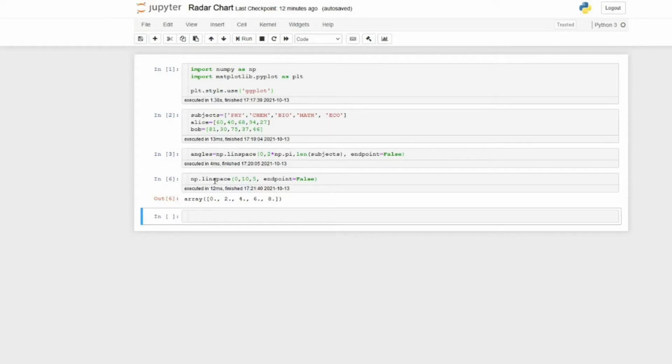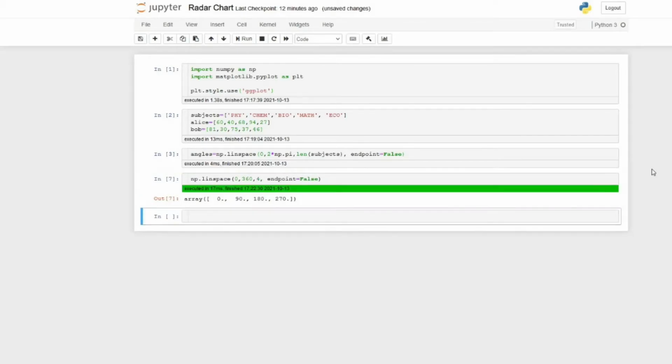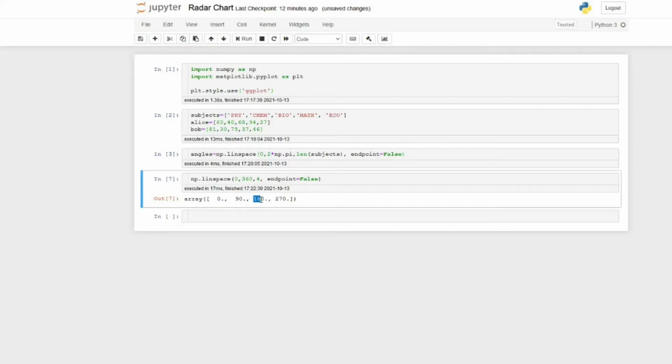For example, if we have 4 points to put in a circle, the circle is 360 degrees and we have to divide it into 4 parts. If we are inscribing a square inside a circle, then the angle for the first will be 0, second will be 90, third will be 180 degrees, and the fourth will be 270 degrees, and then the fifth will be 360 degrees, which is the same as 0.